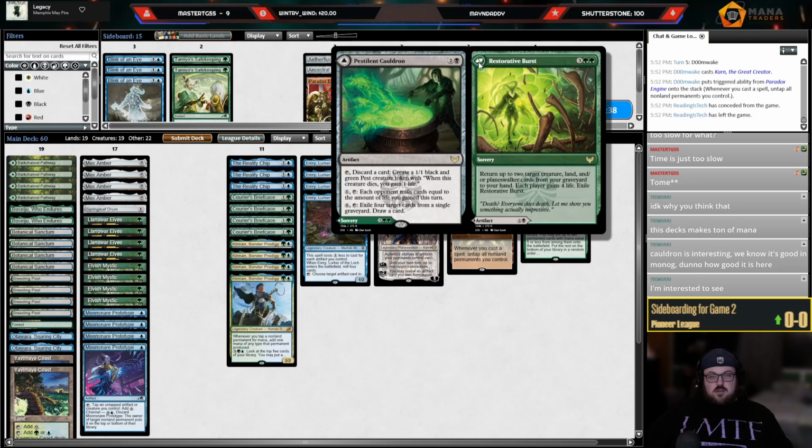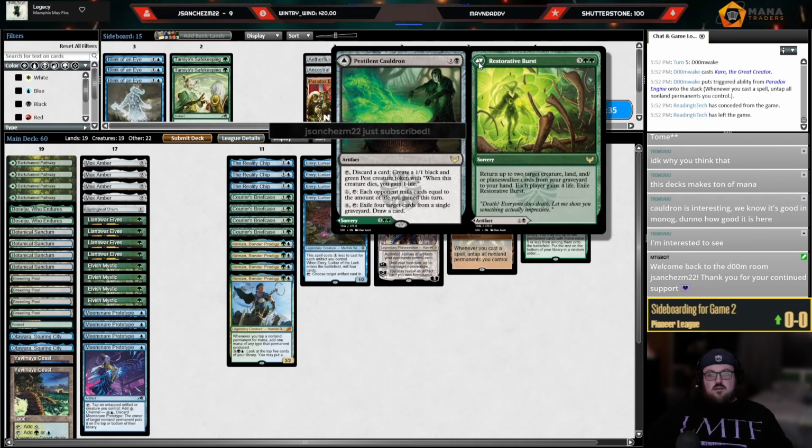Yeah, I wonder, there's probably some kind of infinite loop that you can set up with Burst with 2 Karns and an Engine, similar to what you can do in Devotion, but...